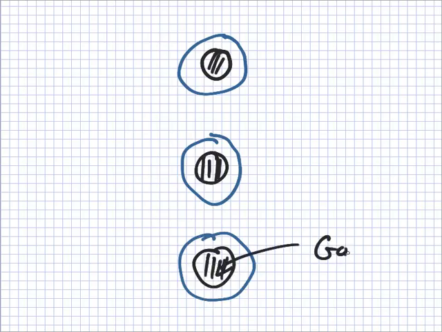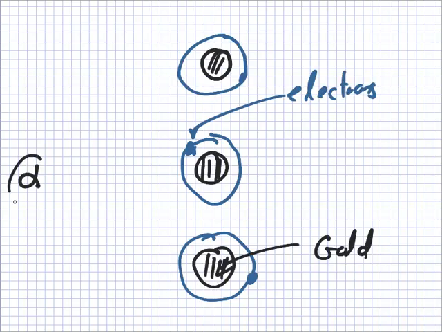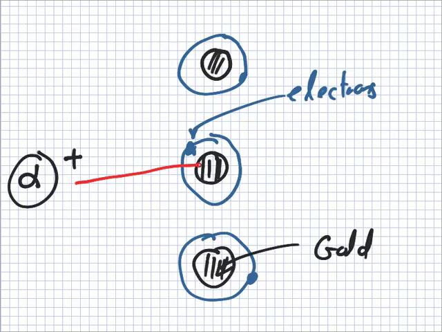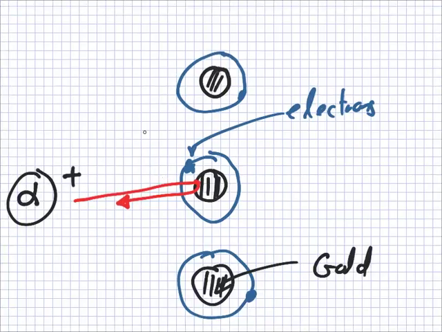So this is the gold nucleus, and then this here would be the electrons. And he took an alpha particle. An alpha particle is helium-4, and you know its charge is positive. So he fired the alpha at the gold, and some things happened. Sometimes the alpha would hit this positive proton and would come back. Okay. Sometimes it would